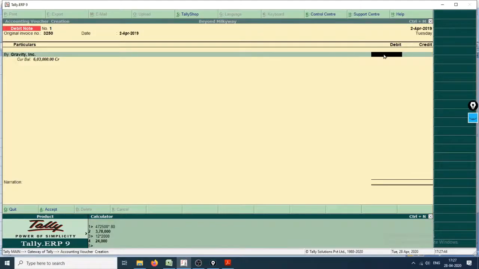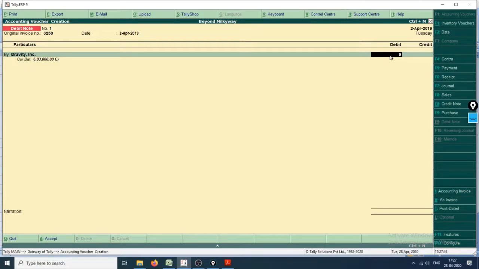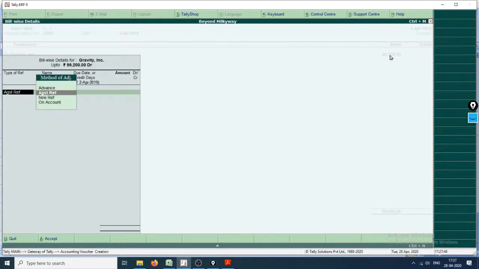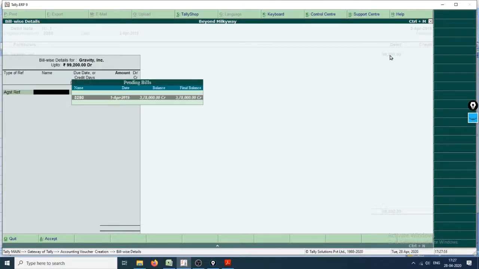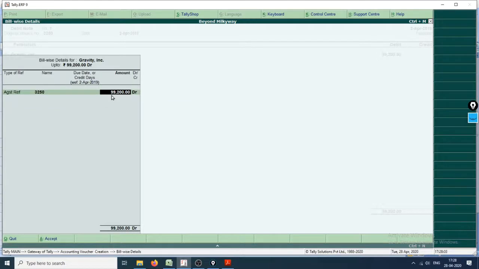Yeah, debit the amount of 99,200 against reference. Okay, so let's choose against reference and it will show us this invoice number that we created when we purchased. Enter 99,200, accept, yes.